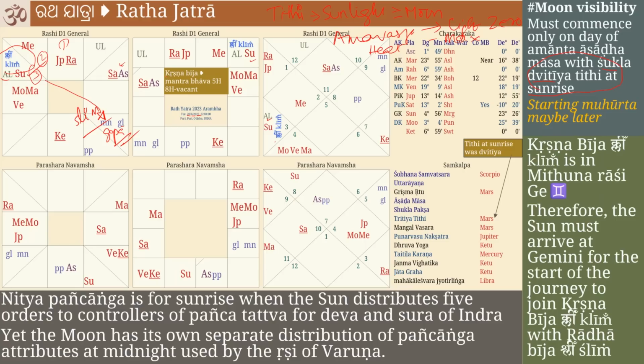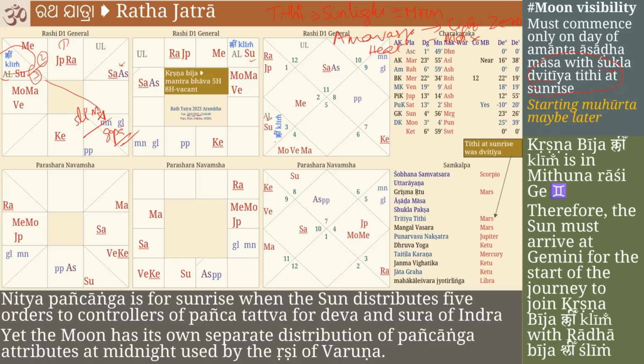Therefore, whenever you are doing the horoscope study also, you must make a chart for the Panchanga at sunrise. The Panchanga at sunrise is the time when the order was passed by Surya Deva. And that order will be carried out for 24 hours until the next sunrise. That is called Udaya Panchanga, when the sun will rise, that is the Panchanga. And Dvitiya must be the Tithi at that Panchanga for Rath Yatra to commence. Those are the orders that have been passed.